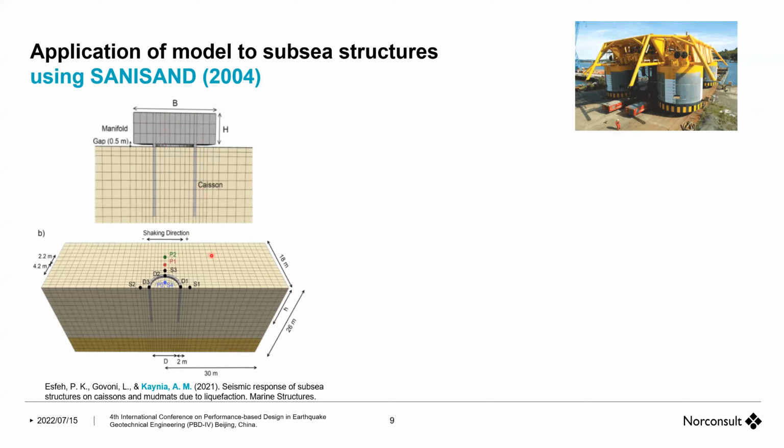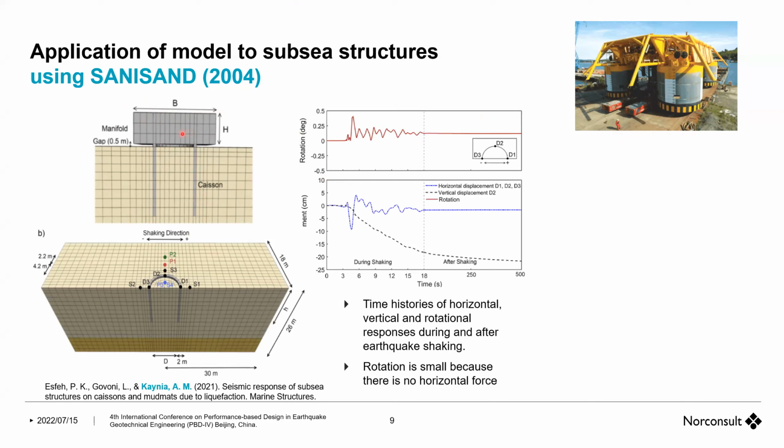And we looked at the response in the same spirit as I showed for the offshore wind. And this is the same typical result. For subsea structures, there is usually not a large lateral load. So we end up, as a function of time, with the rotation, which is the most important parameter, at the end of the earthquake being minor. It simply sits there and rocks, even as this figure shows, the sinking is happening and there is a little horizontal displacement, as a function of time. You see the dashed curve, vertical displacement, there is a sinking, but it's